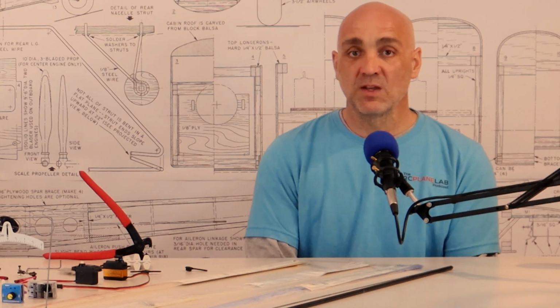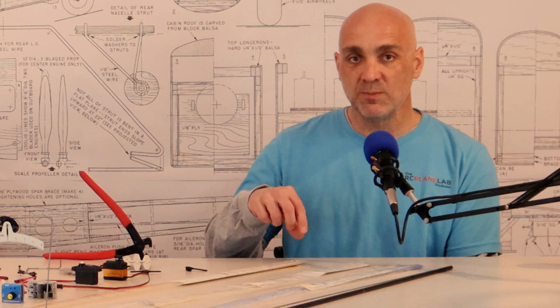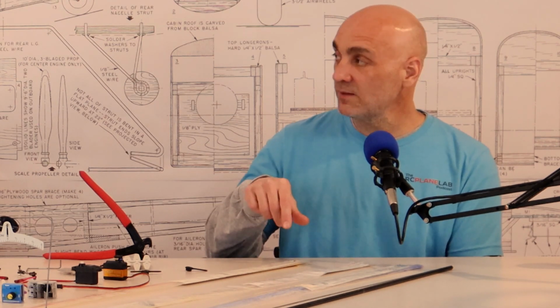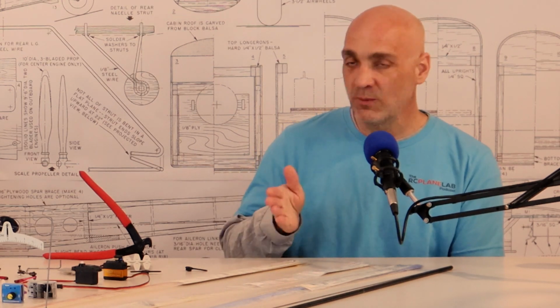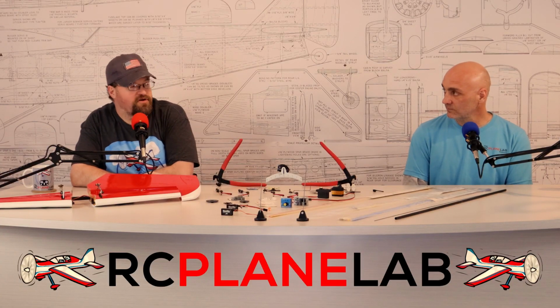So like we mentioned, the servo arms have different legs on them. Sometimes you may need to pop that arm off and rotate it to the next leg, and if it's not the 90 degrees that you wanted with one leg, rotate that thing, and usually you can find one leg on that arm that will give you the 90 degrees. Now that's for multiple off-degree arms. So if you have a two-legged servo arm,